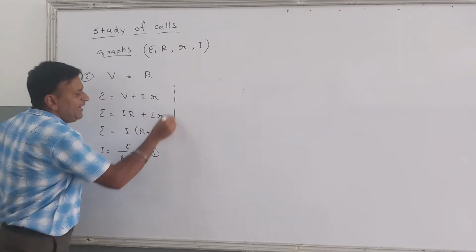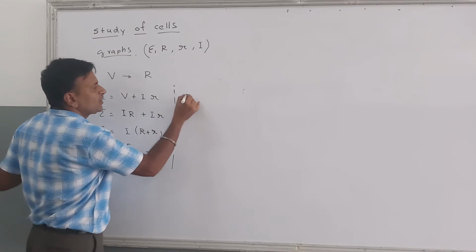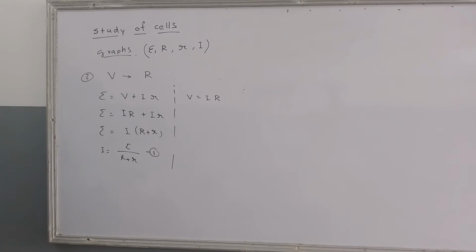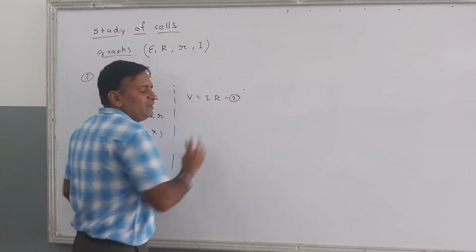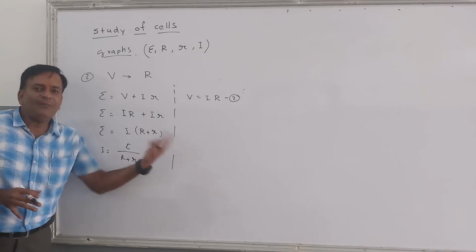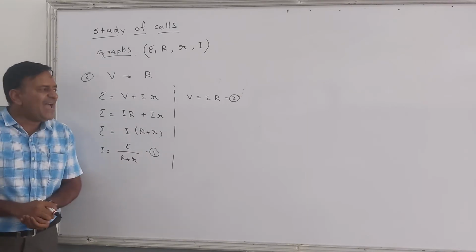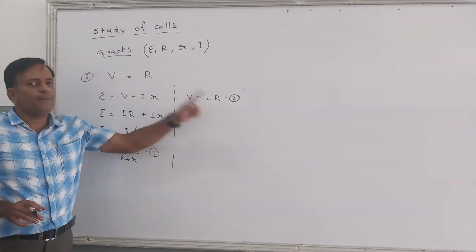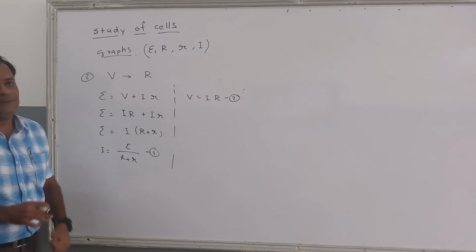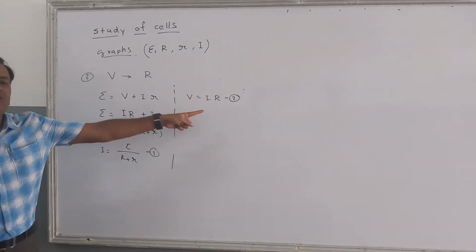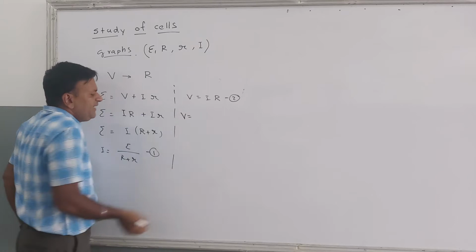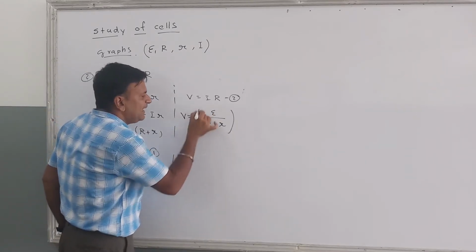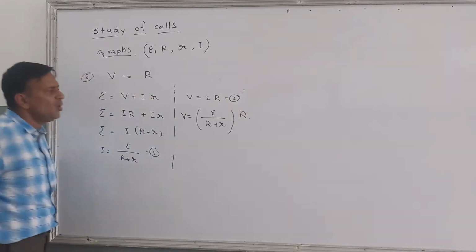The other equation directly comes from Ohm's law: V is equal to I into R. This is the second useful equation. Things may look mathematically a bit complex, but I am doing this so that I can get a clear relation between V and R, because that is the relation I have to plot. Now put this value of I into this equation. V is equal to epsilon R over R plus r, into R.